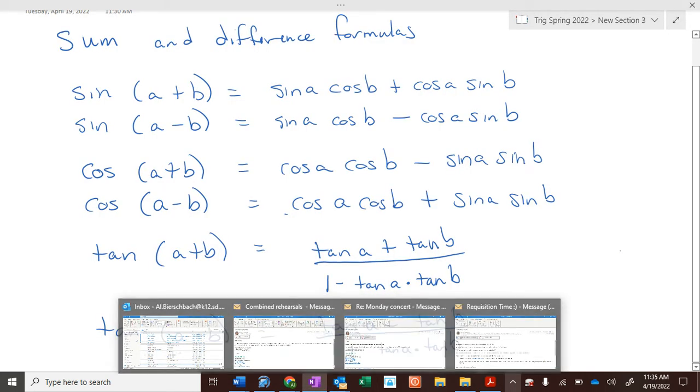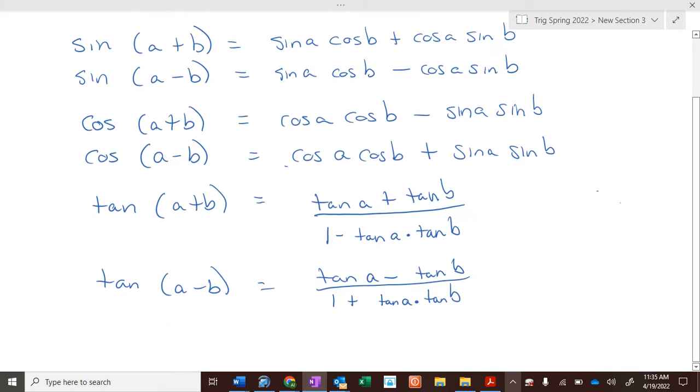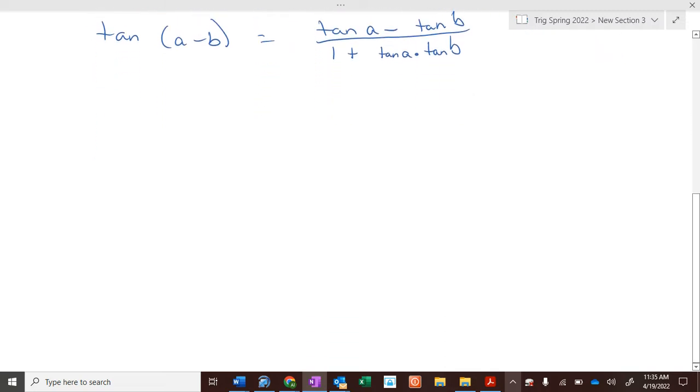All right, so we have our sum and difference formulas, okay? Before lunch, we'll just worry about the cosine ones. All we're going to focus on is the cosine ones, so you can learn how to do it. Then after lunch, we'll worry about the sine and the tangent ones, okay? But before lunch, we're just doing the cosine ones. All right, so